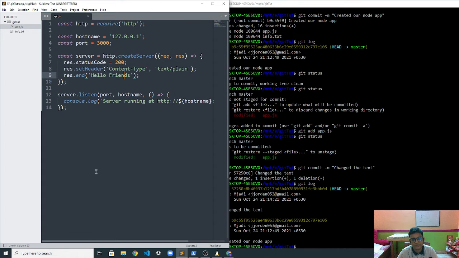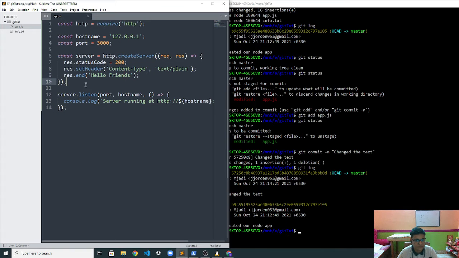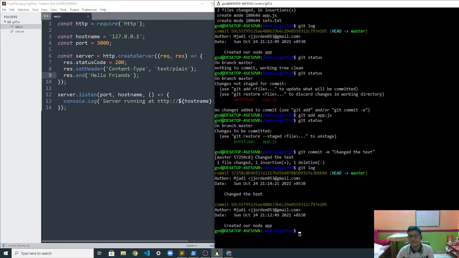We wrote a chunk of code that didn't work, and we want to go to the original commit. So to do that, just type git checkout, and then we have to give this hash over here. We need this hash.